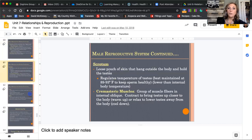The scrotum is the loose pouch of skin that hangs on the outside of the body and holds the testes. The reason the testes need to sit in the scrotum outside of the body is that, in order to produce healthy sperm, they have to be at a temperature of 89 to 93 degrees. The human body is about 98.6 degrees internal temperature, okay? So if the testes were inside the body, the sperm would die. They would be fried up,